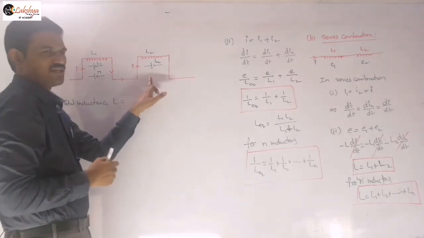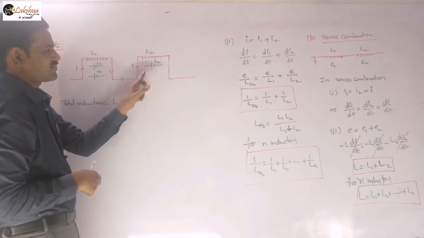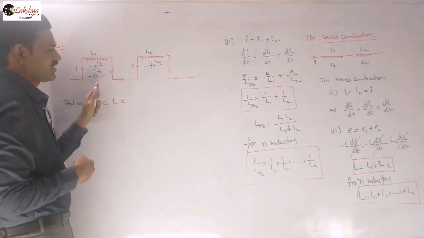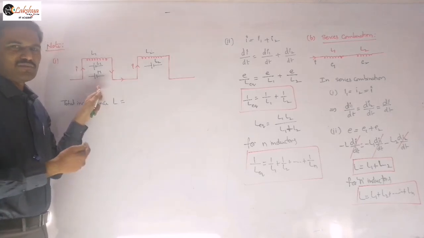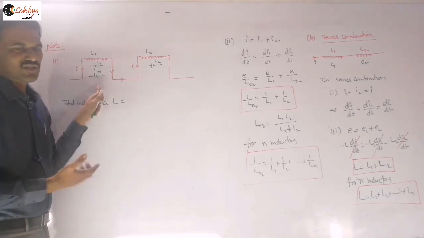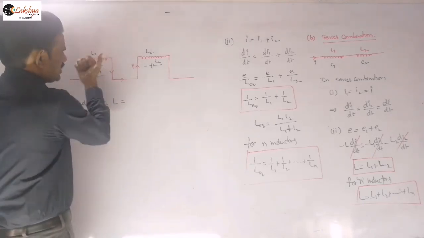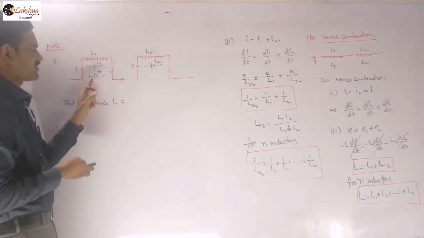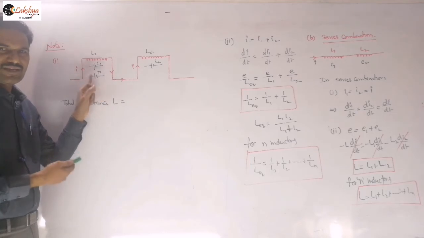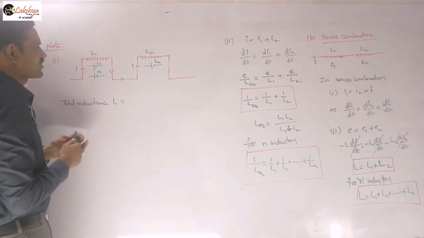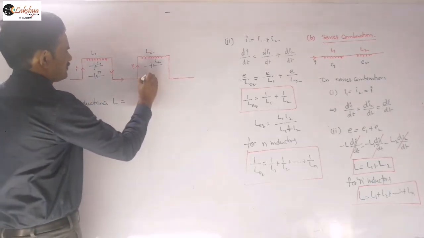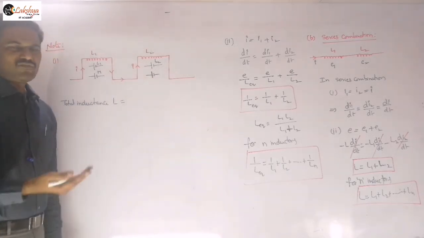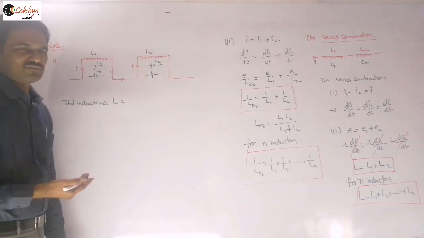Then here the flux produced by this coil is increasing, so that increase in flux is associated with this. Now it should produce a flux in the opposite direction. If this is producing the flux like this, then this will produce a flux like this. So this flux should increase there. To increase that flux, this mutual inductance should be in the same direction as that of this self induction. Similarly here, the reverse thing you can consider. So now both the self induction and mutual inductions are in the same direction.